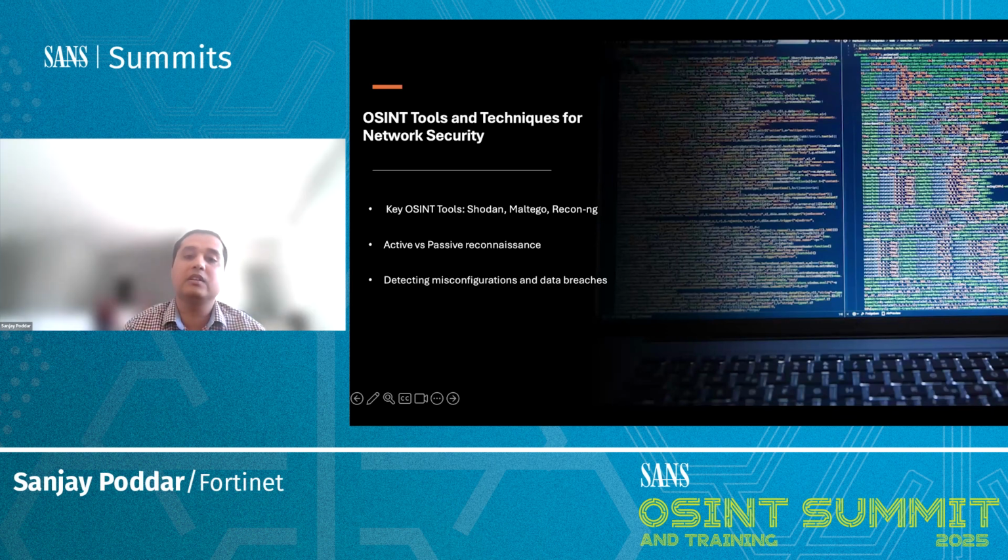And the third tool is called Recon-ng, which automates the information gathering process. So if you're into automation, Recon-ng is another way where you can gather information publicly using automation. Recon-ng is primarily accessible on Linux platforms. Once you install it, you have to run some scripts or commands to get access to a lot of the publicly available information, which can be easily accessed, right?